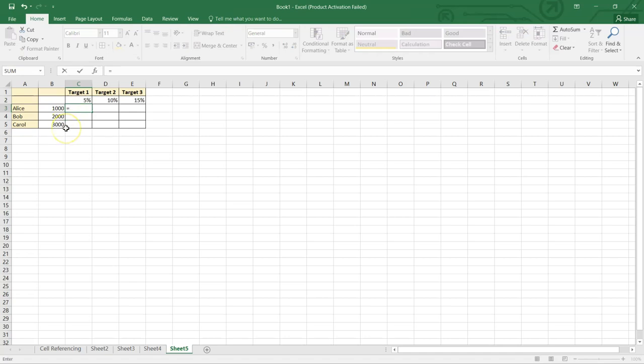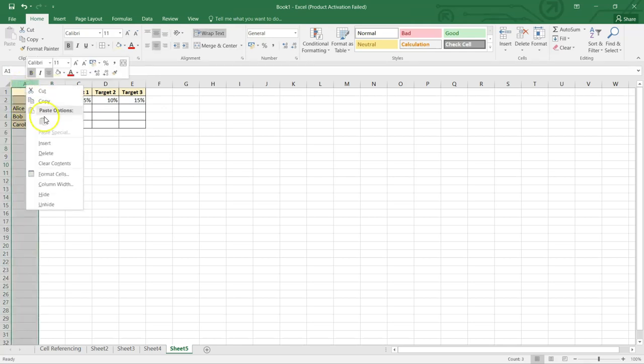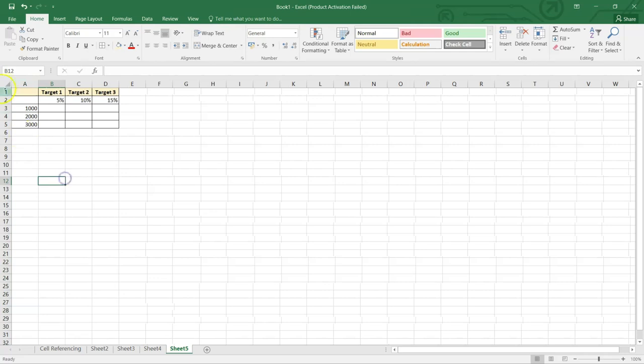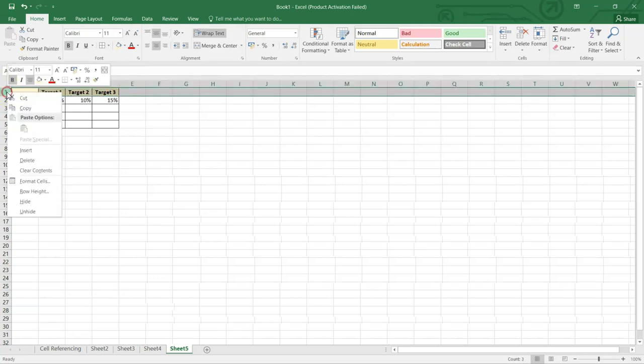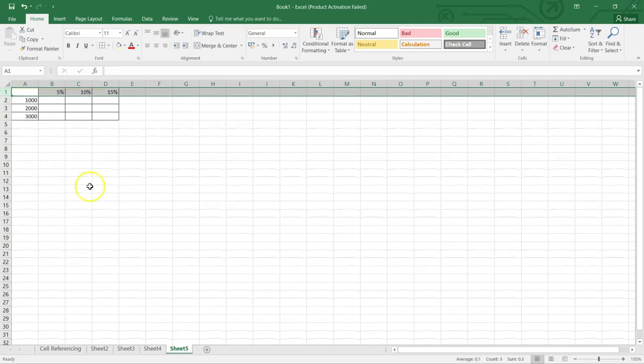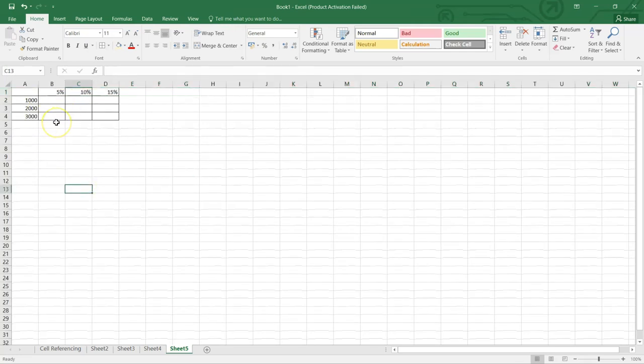To make it clearer to you, now that you know that we have Alice and the sales managers and the targets over here, I'll just remove this data so that you don't get confused. So I'm going to delete this row, this column and this row over here. Now take it as a simple sheet, just a simple sheet wherein you have a few percentage numbers and you have some numbers over here and you just need to do a calculation.